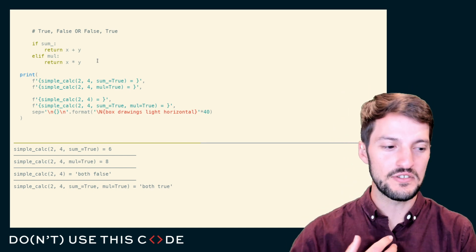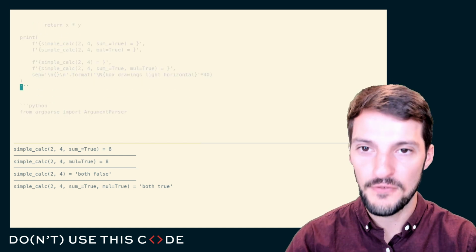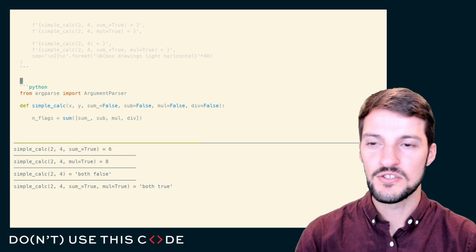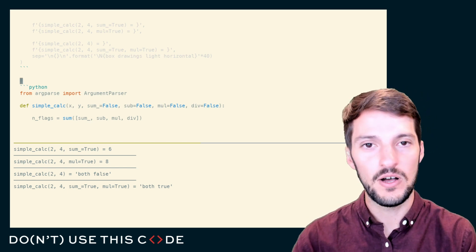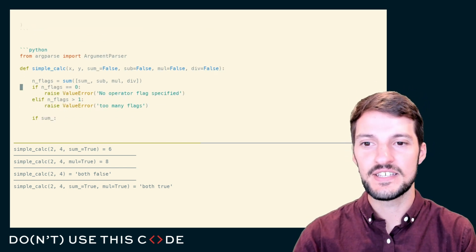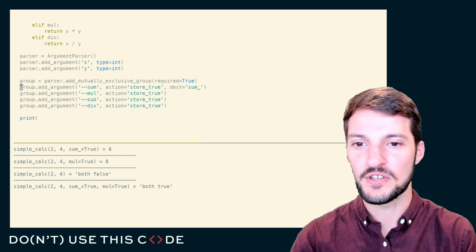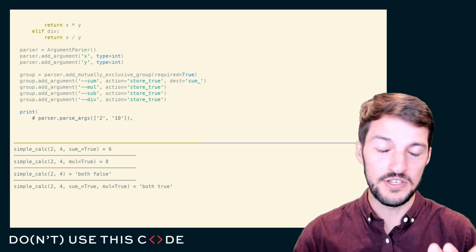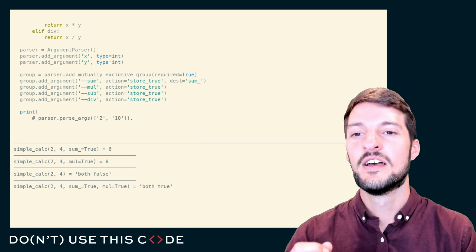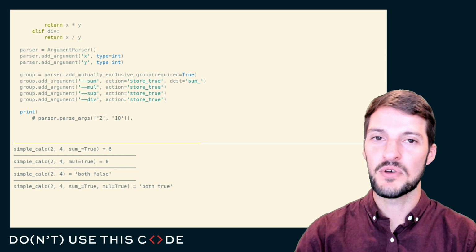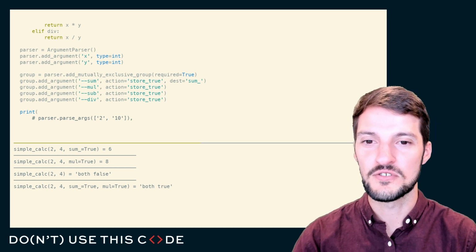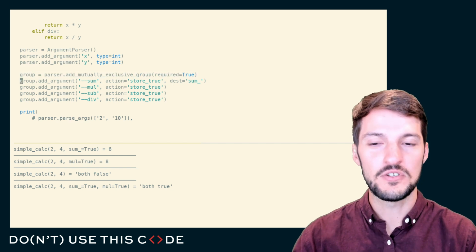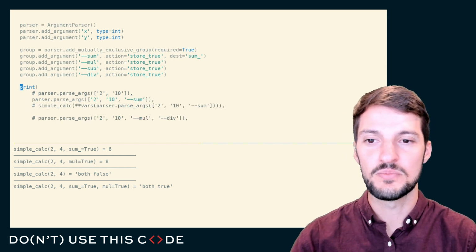And so we always use logic in our programming to dictate the flow of what's happening and when it should happen. But where else do we encounter this type of logic? Well, one place I can show you is in the standard library. We actually see this fairly often. If you've ever used argparse, argument parser, or the Python standard library argparse, you have encountered this type of logic, this type of XOR exclusive group logic. If you've ever used add mutually exclusive group to control whether or not just one or multiple flags can be